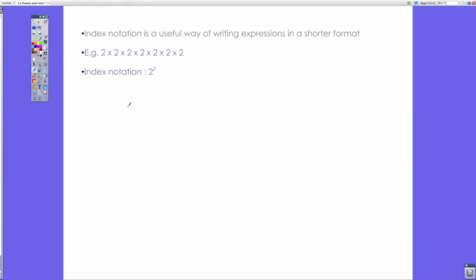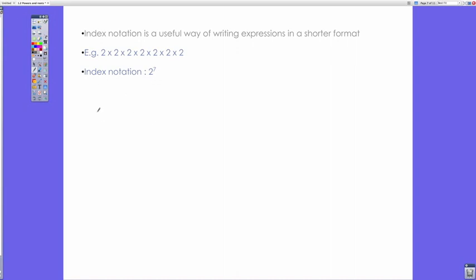Okay, index notation, which is what we've just seen, for example, 2 squared, 3 squared, 4 squared. Index notation is a useful way of writing expressions in a shorter format. All it's saying is you've got your number multiplied by itself however many times. In this example, we've got 2 times 2 times 2 times 2 times 2 times 2 times 2. So that's 2 multiplied by itself 7 times. So the index notation of that is going to be 2 to the power of